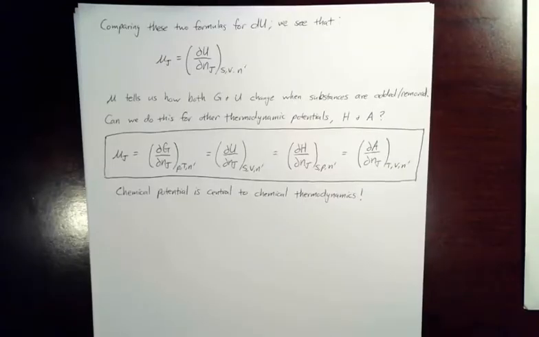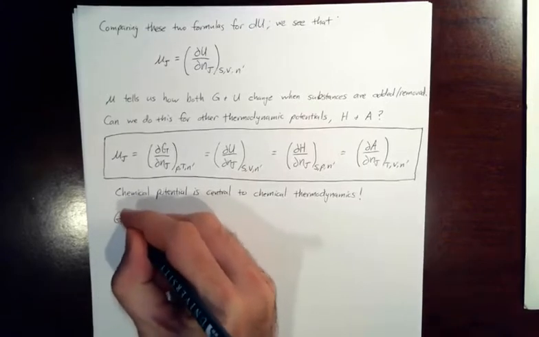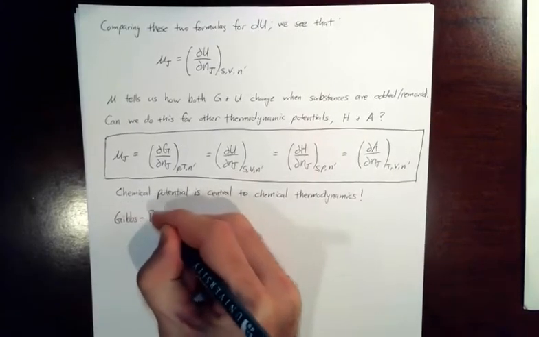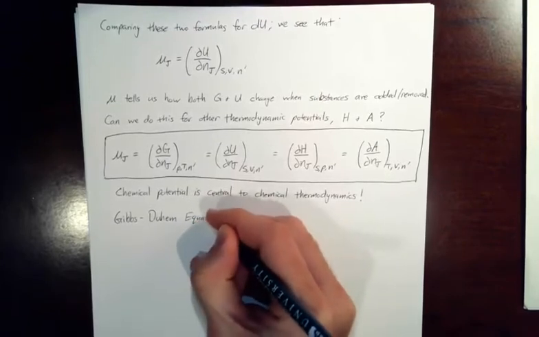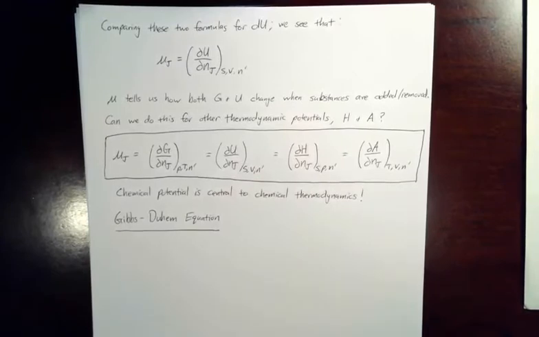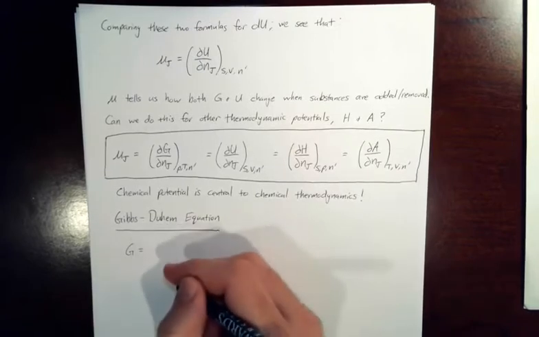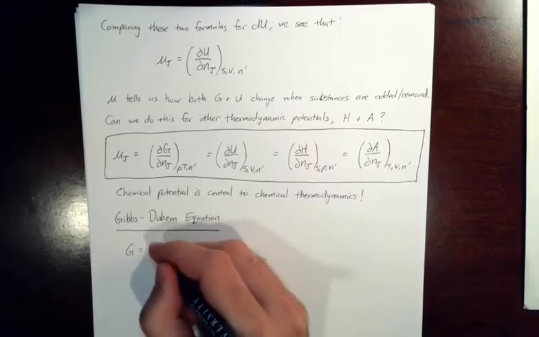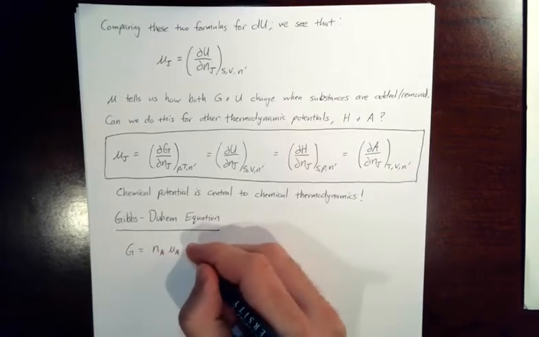Okay, the next thing I'd like to talk about is the Gibbs-Duhem equation, and I'm probably pronouncing that name incorrectly. Gibbs-Duhem equation. Okay, so for our binary mixture, the Gibbs energy is the number of moles of species A times the chemical